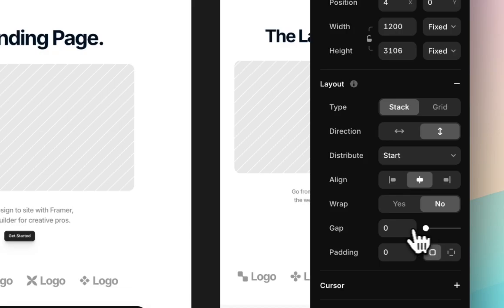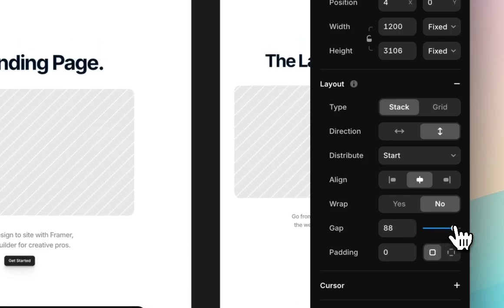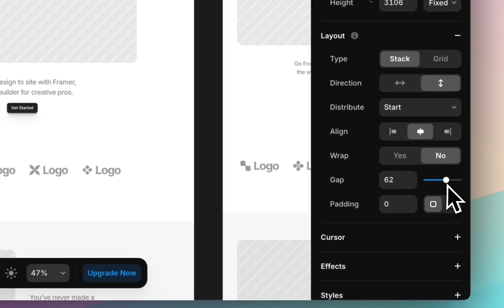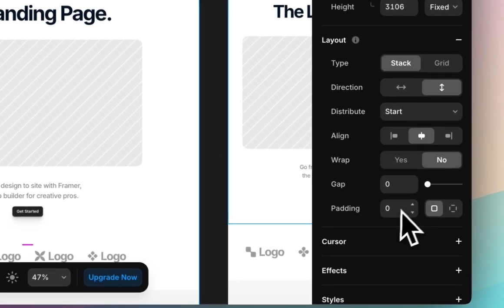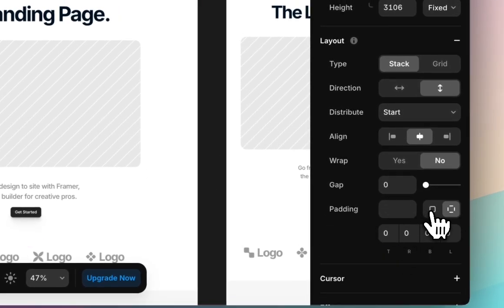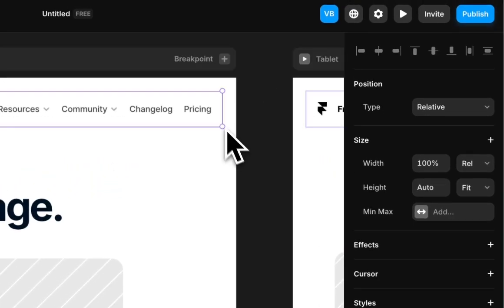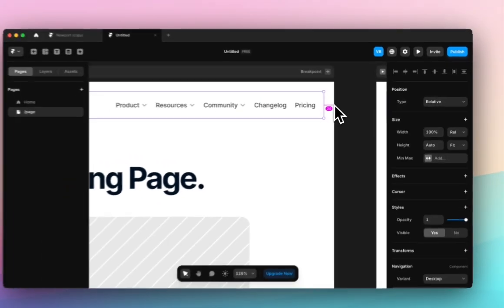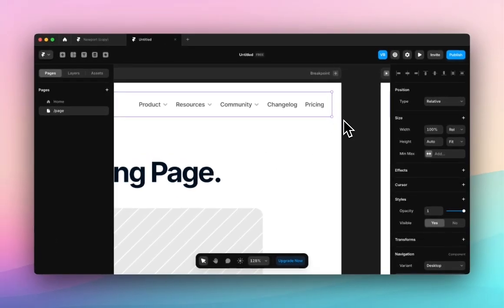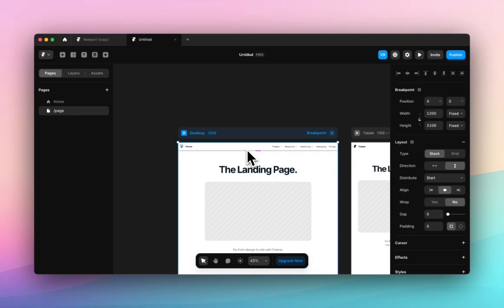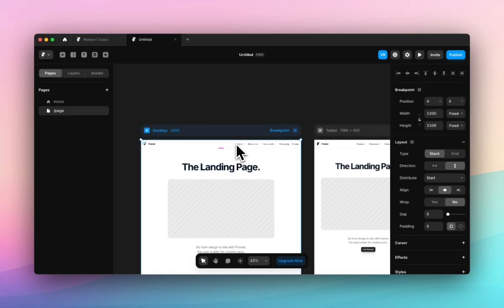See here we had 0, but I can drag it up and it's just giving a bit more space. I can also adjust the padding, which is the spacing around these elements. So I can give a global padding of 24, so now you can see from all these elements there's padding of 24. So we'll look at stacks in different setups, but often